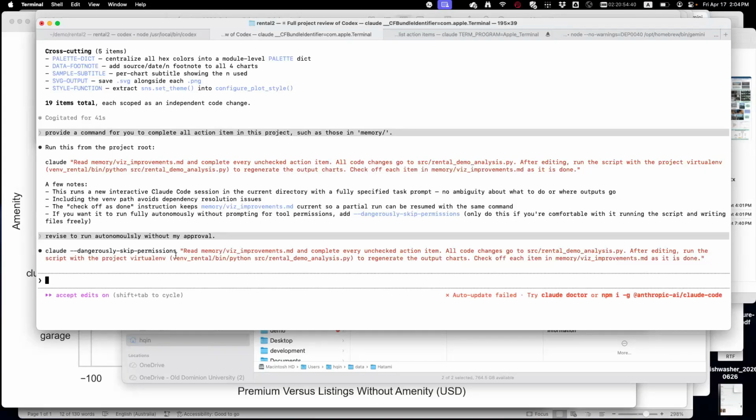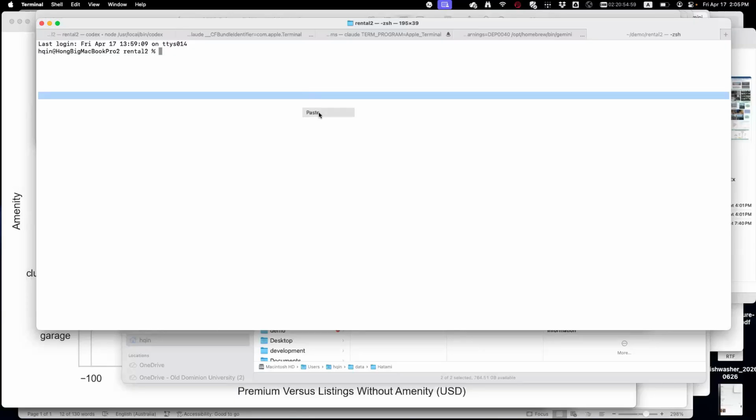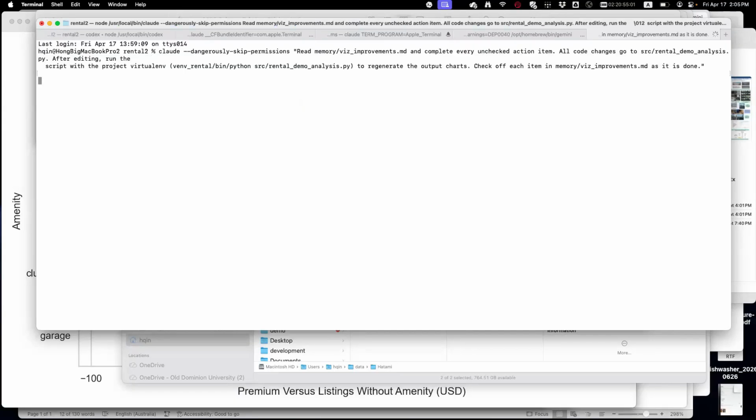A lot of people make jokes about this. It's called the dangerously skip permissions switch. So I'm going to dangerously skip permissions to run this to see what it does. Hopefully it gets everything done.